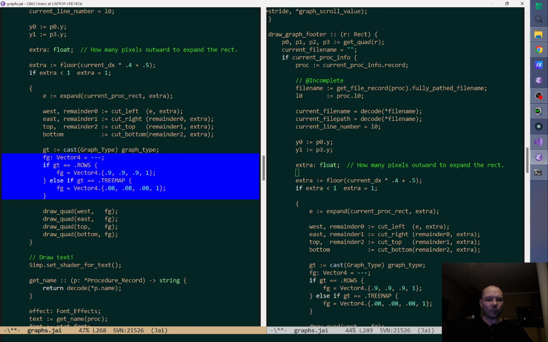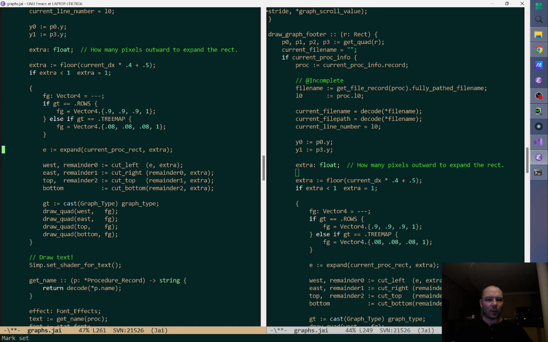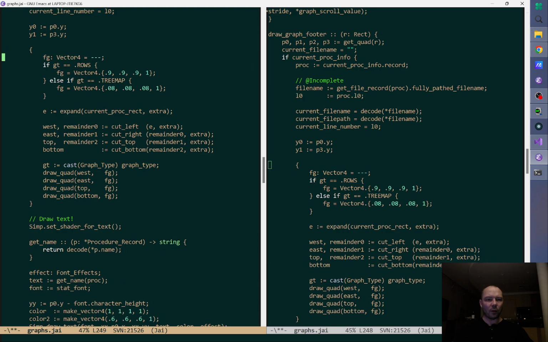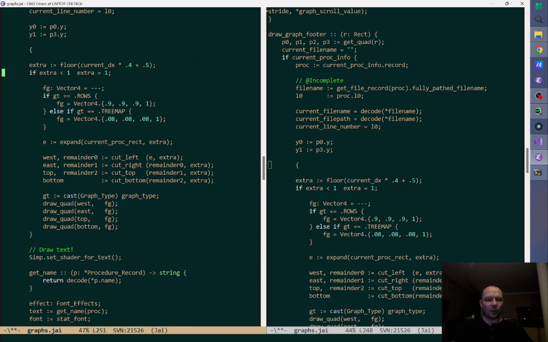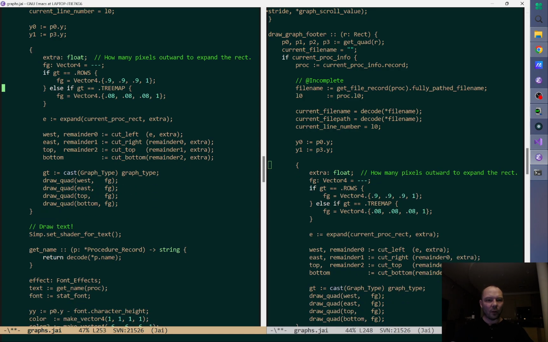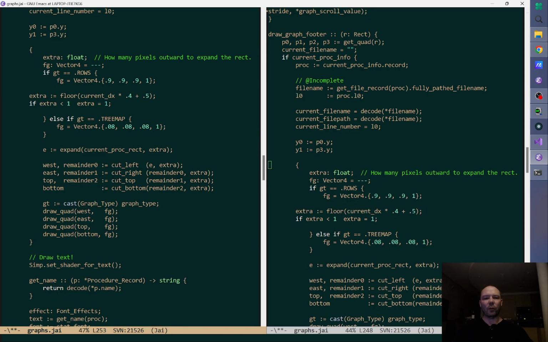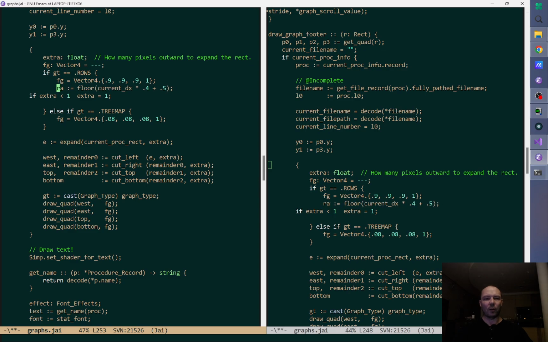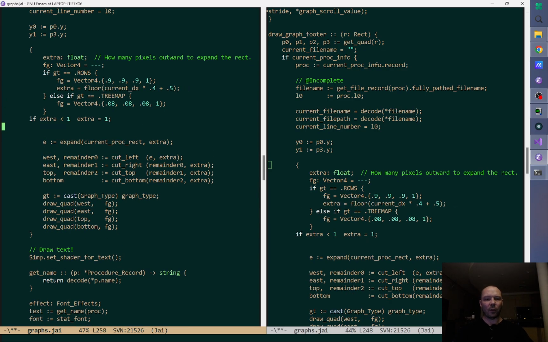You know what? Does extra come into play outside this block? Nope. So all this can move in here. And so if we're in rows mode, which is that pips mode, right, we can do this. Extra is that. We're going to keep this. And then if it's tree map,